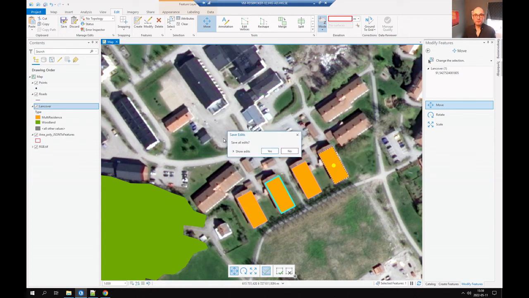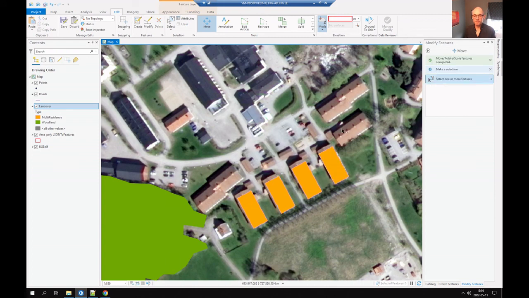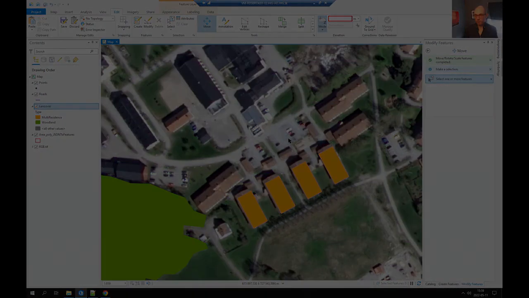Let's press save, save the edits. Yes, clear my selection. Good. So now I have those buildings in place, and you will continue mapping buildings